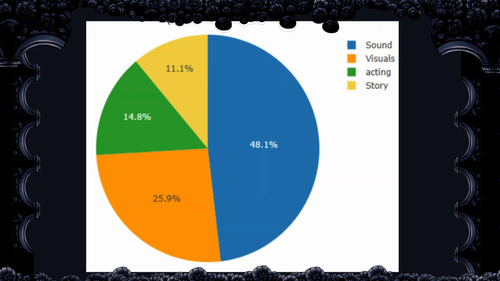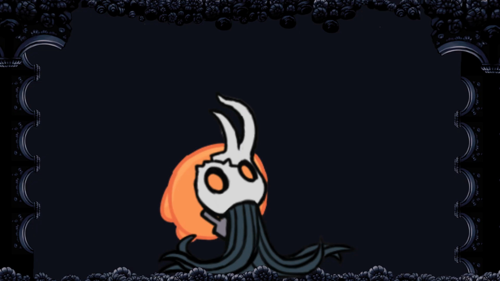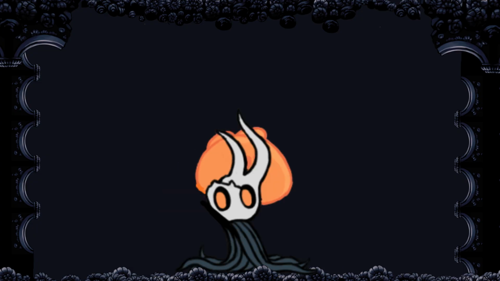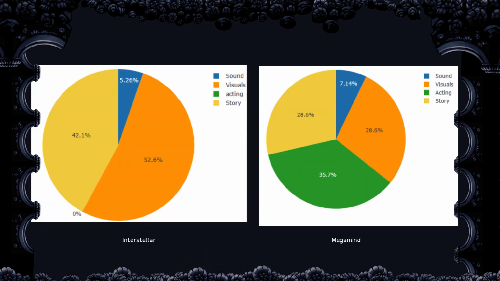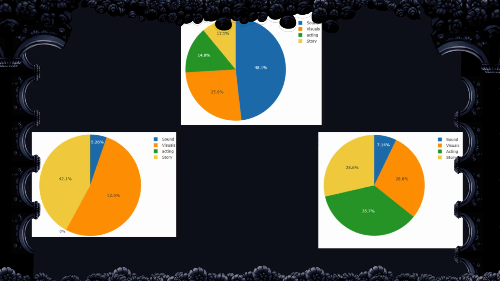So Baby Driver was my example of a film that has exceptional sound design, and that does show with sound being talked about 48% of the time. Which makes sense because of how sound is treated in Baby Driver, the soundtrack being an incredibly important aspect of Baby Driver. But if we look at the others, we see that critics who mention sound were few and far between.